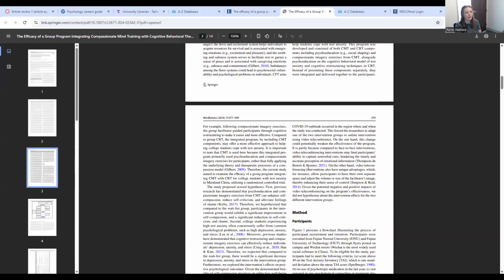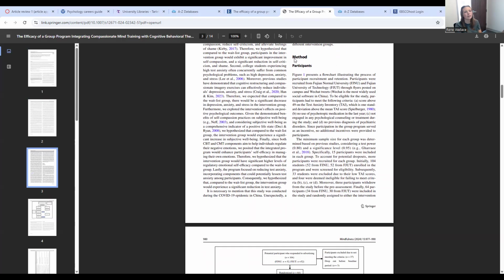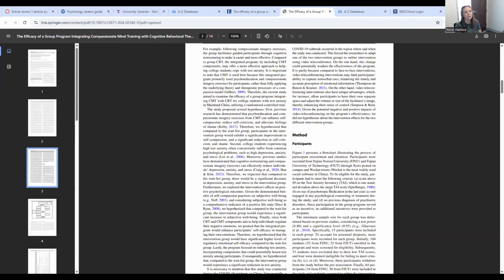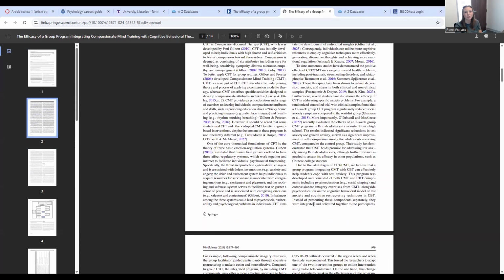And then we have the method section. Note, there is no S after method. Too many people write methods section, and I count off for that. It's method. And then, in APA formatting, these are called headings. These are level 1 headings. But it looks a little different in the article because when publishers publish them, they kind of squish things together to make it fit, kind of like a newspaper.